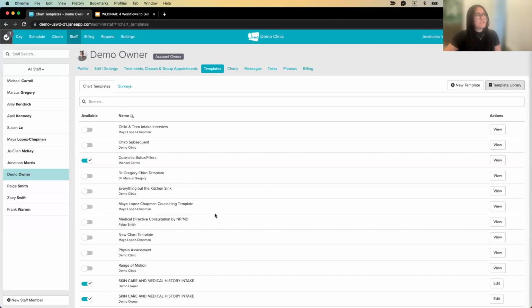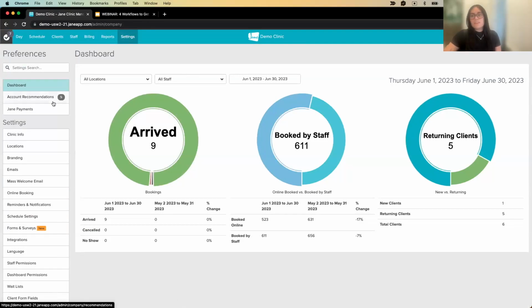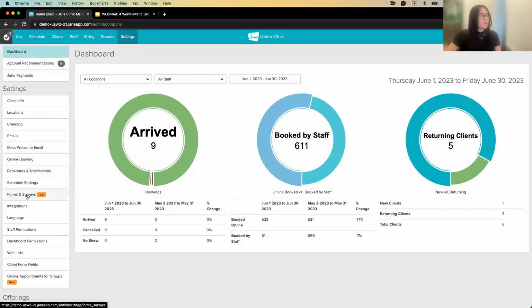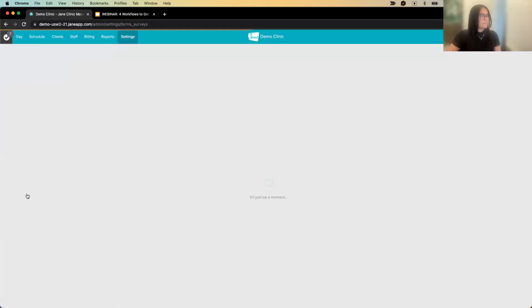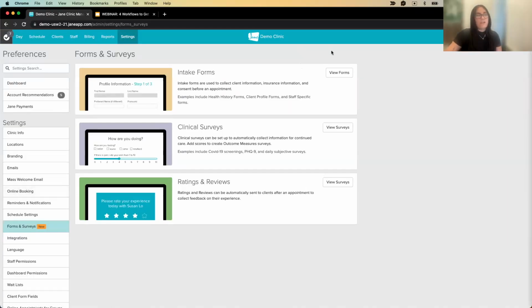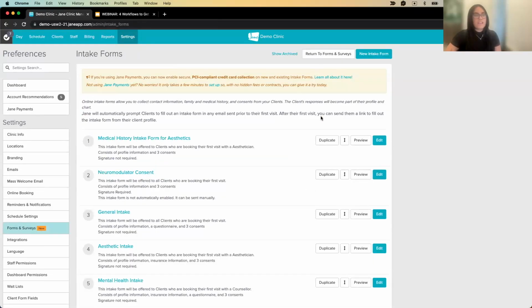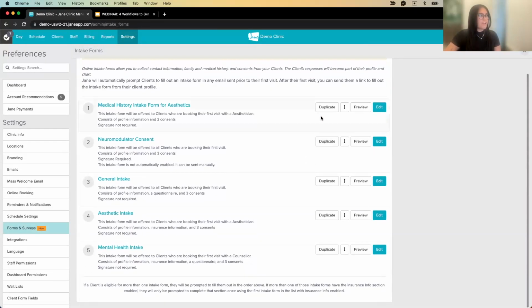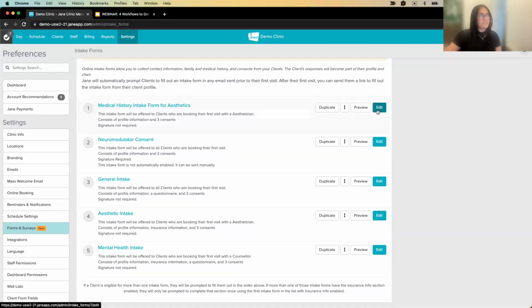So the next place we're going to go is our settings. So again, just up in the top left-hand corner here. And then on the left-hand side, I'm going to scroll down to our forms and surveys. And then I'm going to click on the view forms button. All right, so we already have some forms that have been made, and I've gone ahead and already started one, but I just want to demonstrate how I can pull that template over that I just saved on my staff page to one of these forms. So if I just click on edit for the medical history intake,